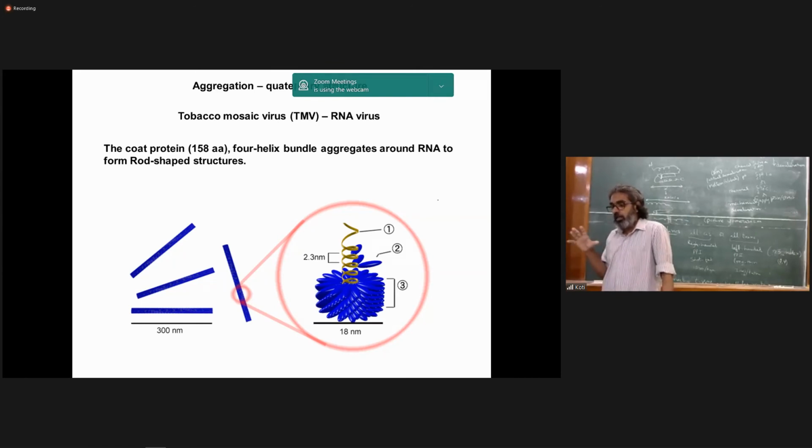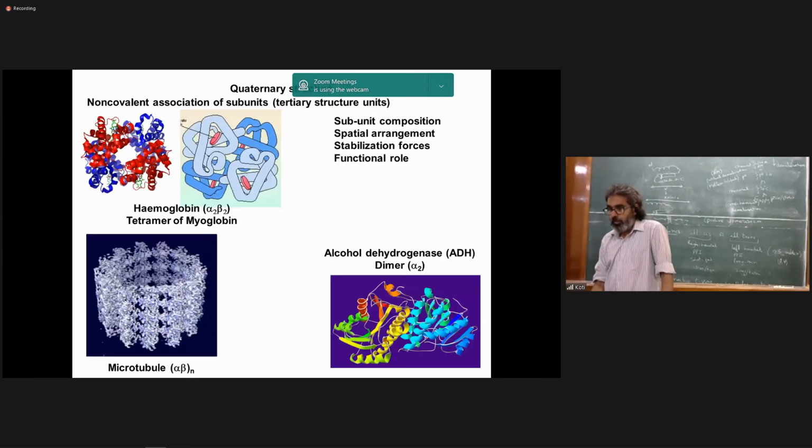So these are much larger quaternary structures. We call it quaternary structure because there is a well-defined arrangement of molecules. The intermolecular distance or intermolecular orientation is actually fixed. So that actually sums up protein structure.